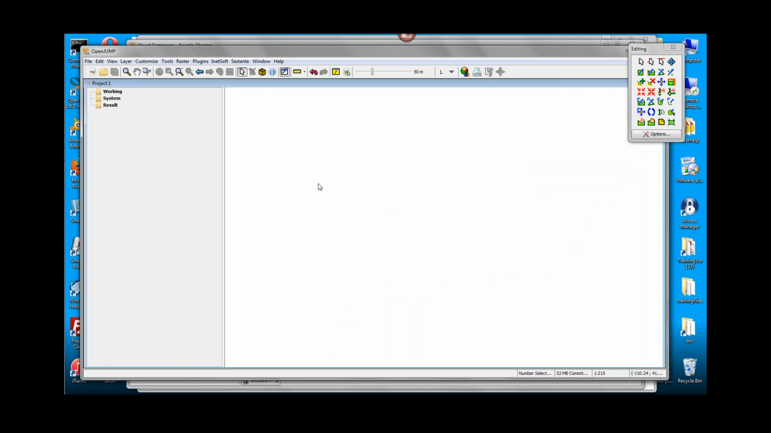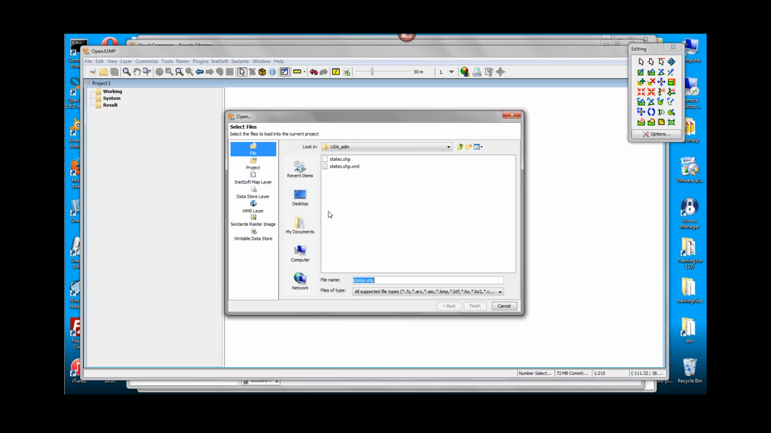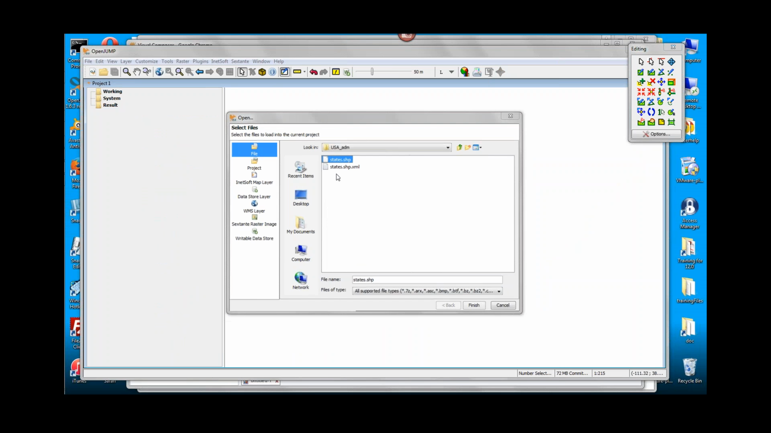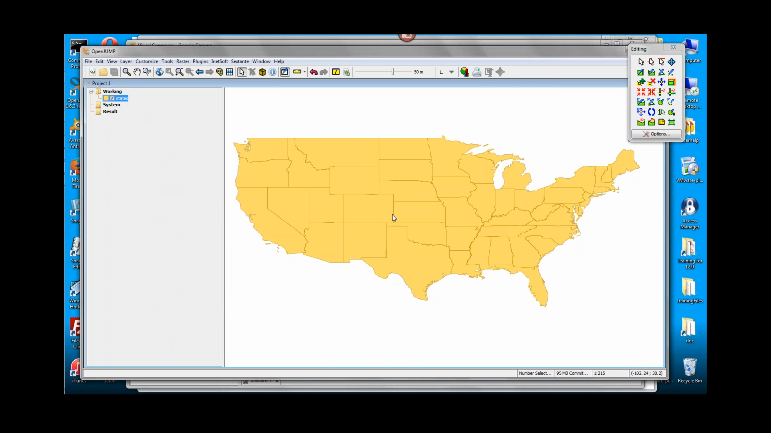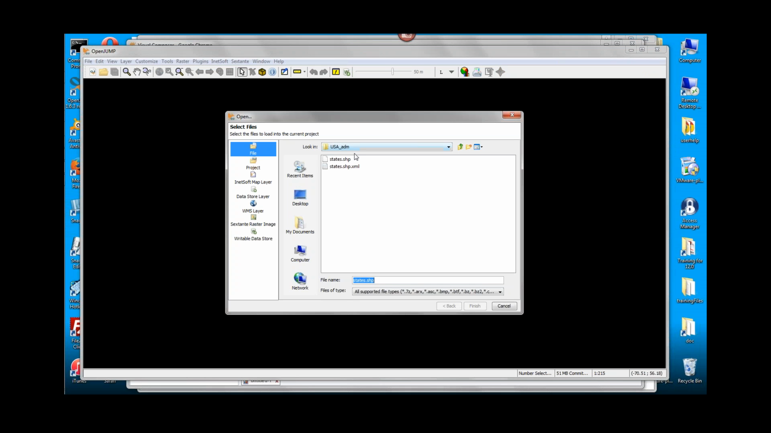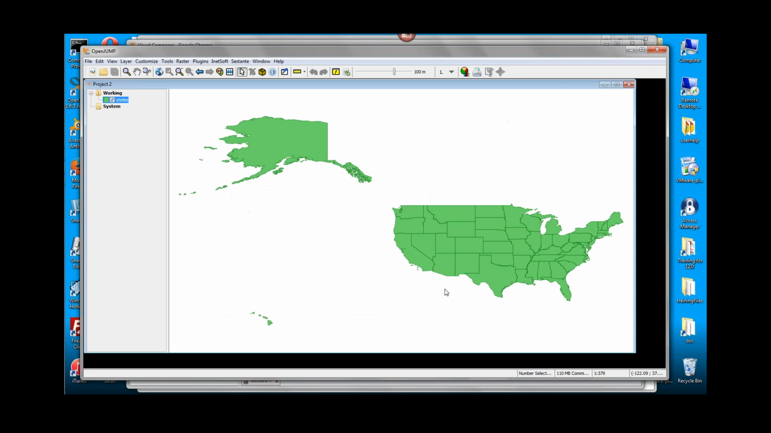So what I'll do is, just like we did to begin with, I'll import the US map, right? So there it is. Oops. What happened? Let me restart this project. Okay. Start this over. Okay, that's what I expected to see. All right, so there's the original US map that we started with,